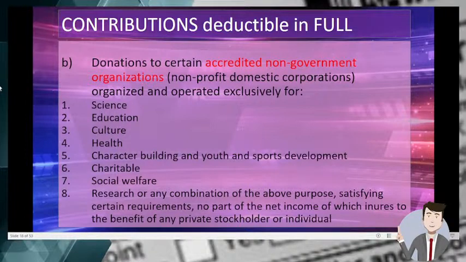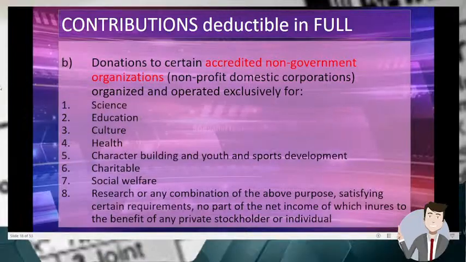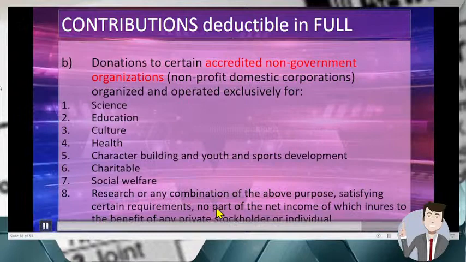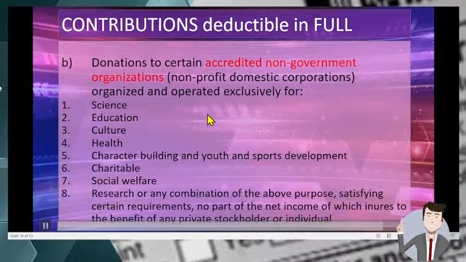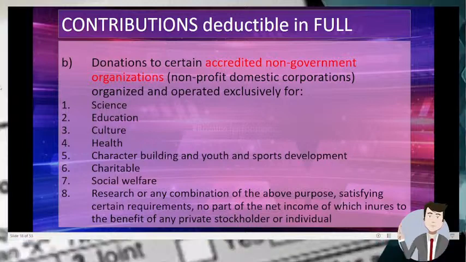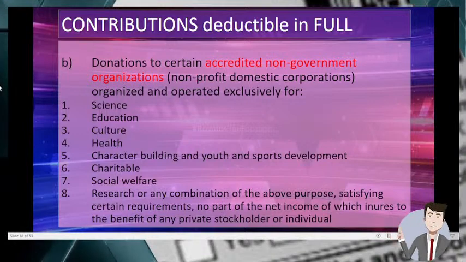So letter B, benefit to any private stockholder or individual is most likely impossible because this corporation is created not for profit. So, in my experience in the Securities and Exchange Commission, when you organize a corporation for the purpose of a non-profit domestic corporation, so it is